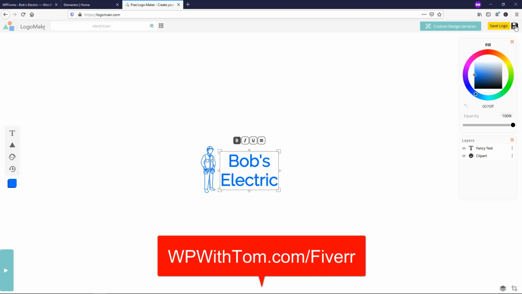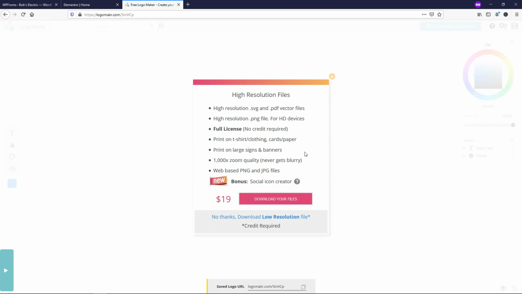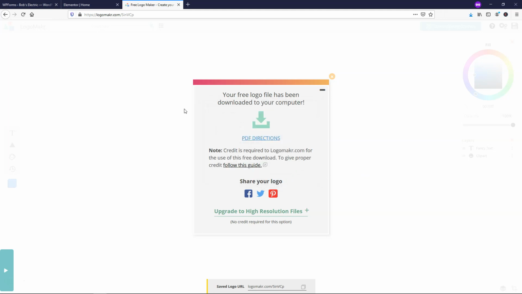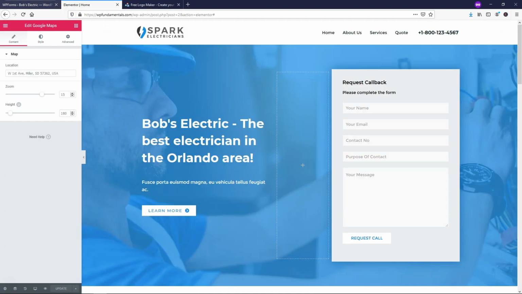And here you would just go to where it says save logo, and it asks you if you want to pay to download the files and have free high resolution use with a full license. I'm actually going to hit no and do the lower quality file here, and I'm going to save the file. And from here I'm going to just go back over to the site,